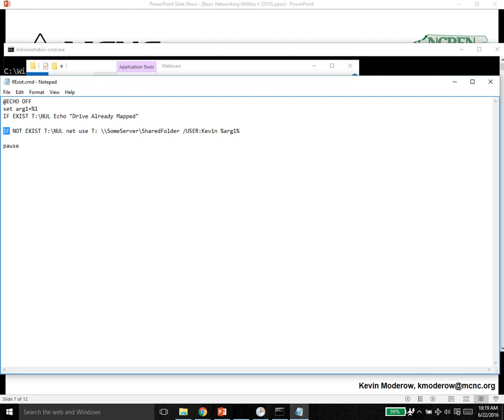This batch file will map that same drive automatically, and it can be run as a scheduled service. So, for example, I can check to see if the T drive is already mapped, and if it is, I can skip any further processing or skip the mapping of the drive. And then I can check to see if it doesn't exist, I can execute the command that we just did,